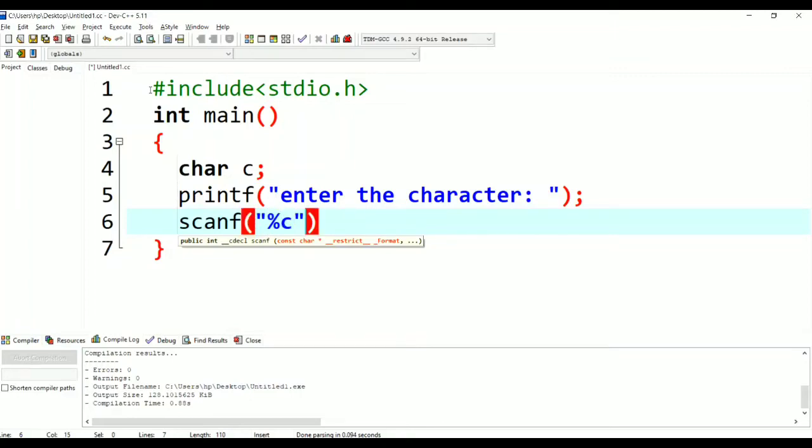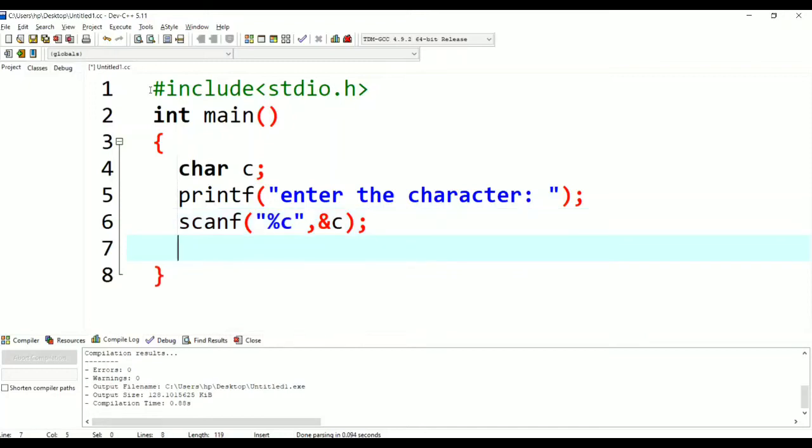Now I get the input from the user. What is the input he or she gave? A character, right? So I am using %c. I have to store the value, so I am using ampersand, which gives the address. So address of c, or &c. I am saying that what I take from the user, I am going to store in the c variable, which I declared first, char c. So that is done. Now we will write the main code of this program.